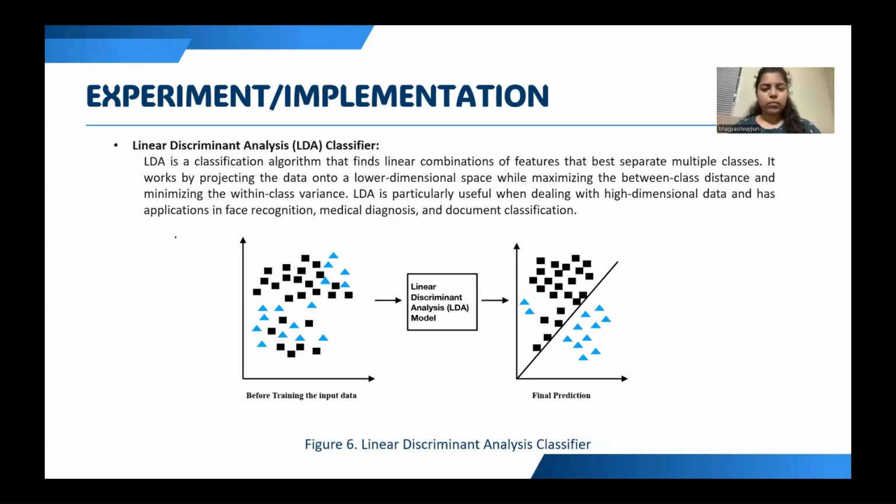Coming to linear discriminant analysis, it is commonly used in the field of pattern recognition. It is used to find the linear combinations of features that best separate multiple classes within the data set. It does so by maximizing the separation between classes while simultaneously minimizing the variation within each class. One of the main advantages of LDA is its ability to reduce the dimensionality of the data while preserving most of the information. Overall, it offers a robust method, making it a valuable tool in many machine learning applications, including face recognition, speech recognition, and medical diagnosis.